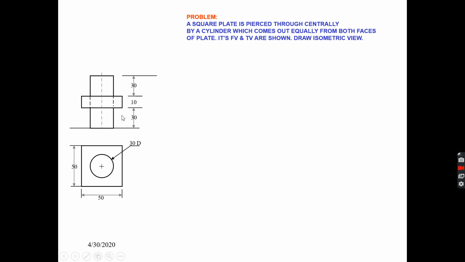The first thing that you can draw is the larger portion. In this case, the larger portion is the square plate. So I will first draw the isometric view of the square plate. The dimensions of the square plate are given to you: 50 mm is given for the base side and